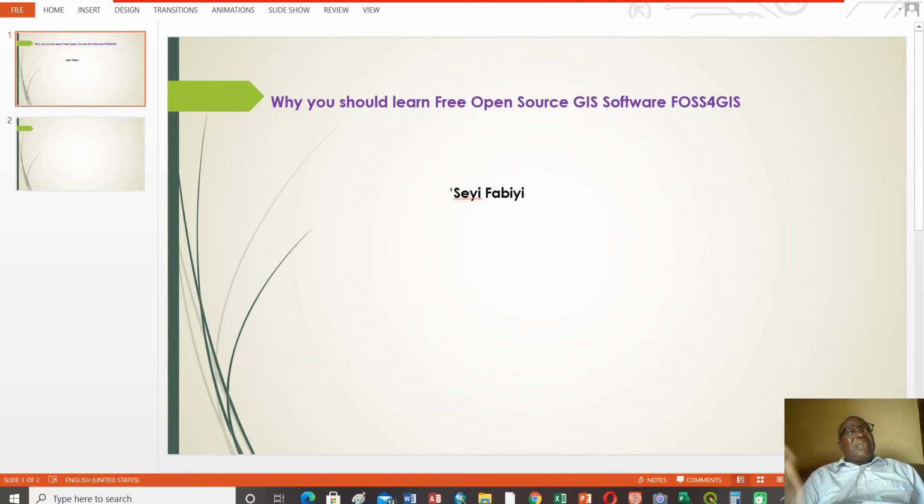They will be trained, then they can be trained. Some of those proprietary software have a training unit where they train on how to utilize the packages, and when there's an issue, there's customer support. But now the open source GIS software also have a community of users, and the community of users are even